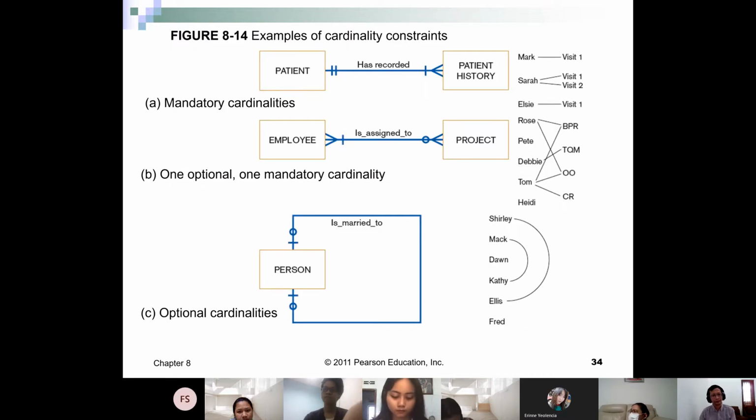Okay, so let's see this. This is mandatory cardinality. A patient has to have a patient history or medical record. Each patient has one patient history and could have as many as possible. One patient history will belong to only one patient.